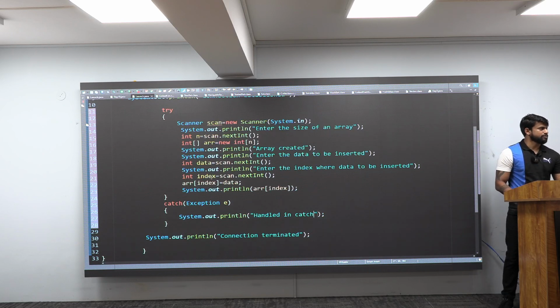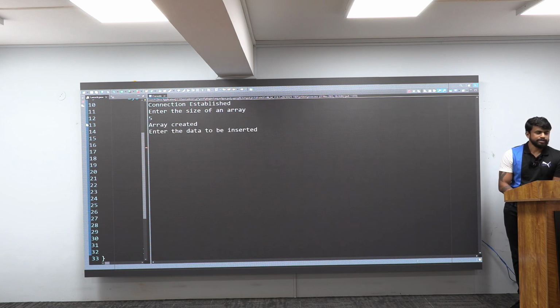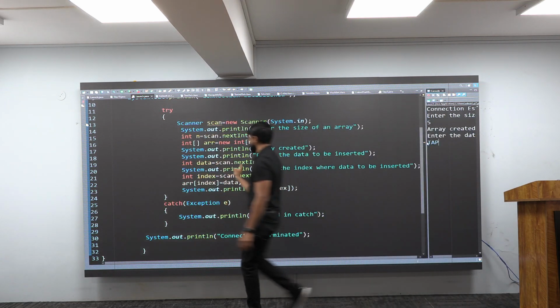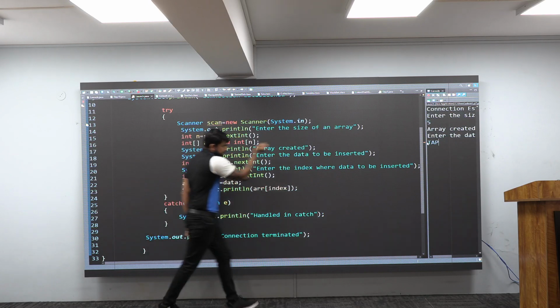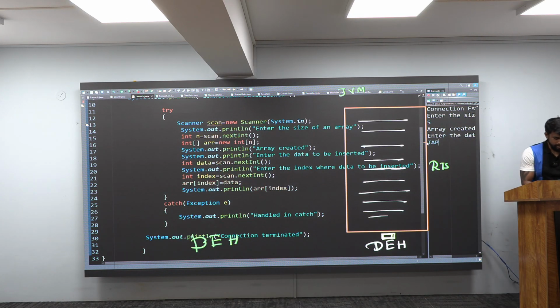Great. Now how he will work? If in case I execute it, enter the size of an array 5. Is it faulty or proper? Hit enter. Enter the data to be inserted. Tab. Is it faulty or proper? This is faulty. If this is faulty, then think and tell me where the exception will get created. In this line. If it is getting created here, immediately it will go. And this all I want to show it to you with the help of my diagram. Immediately there is an exception which is happening here. And 100% you have UDH also.